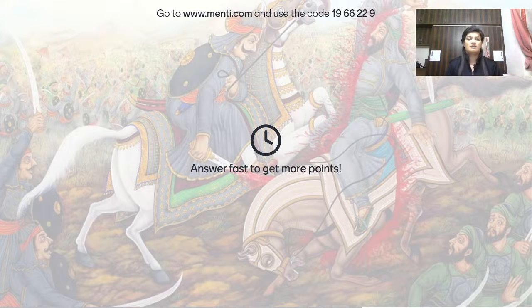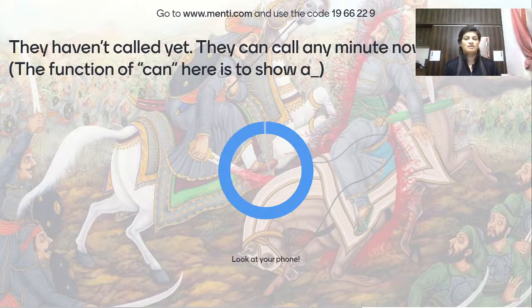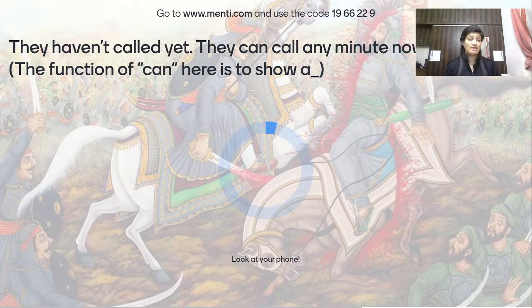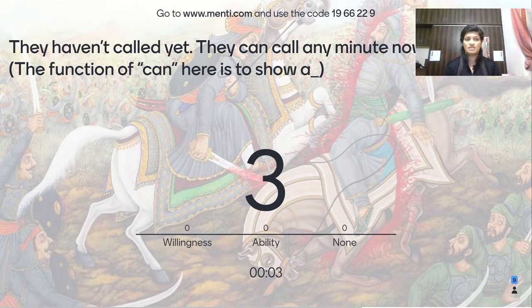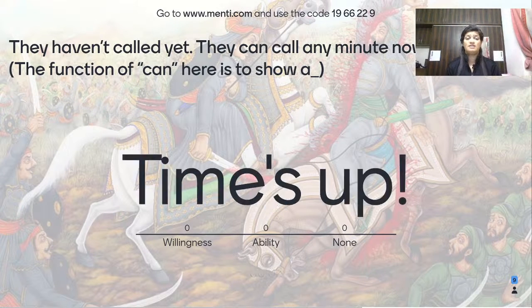17. And they haven't called yet. They can call any minute now. Can call any minute now. So what's the function of can? They haven't called yet. They can call any minute now. What's the function of can? Is it willingness or ability or nothing? The function of can is